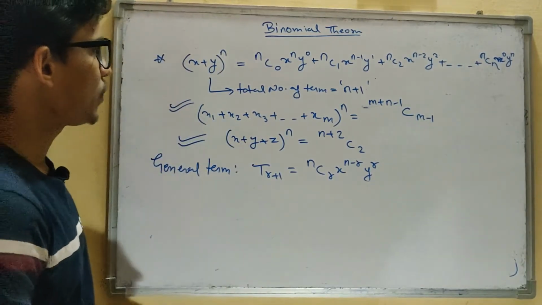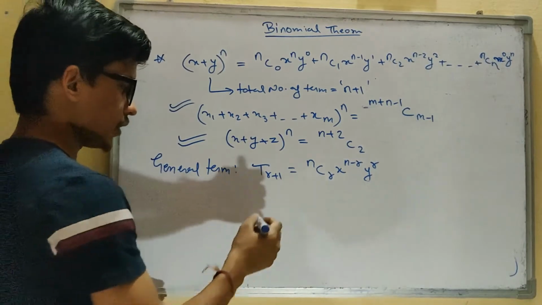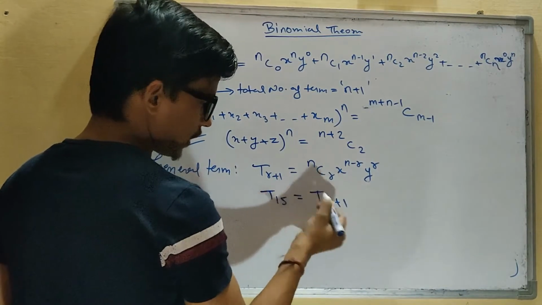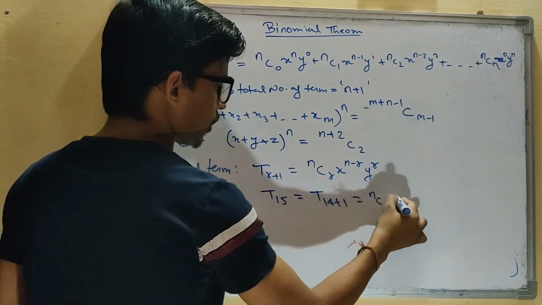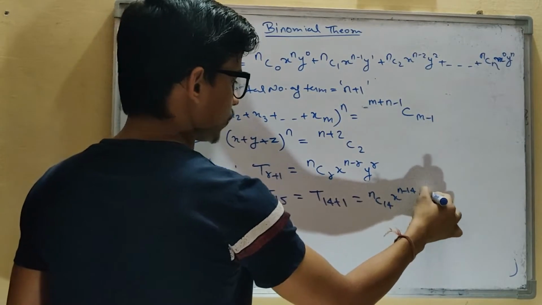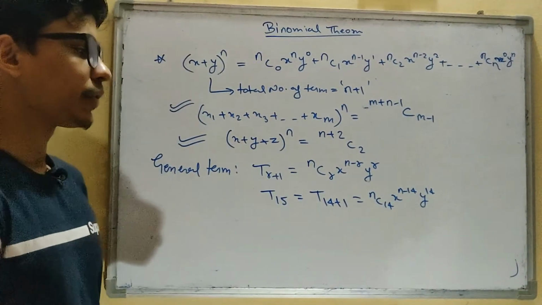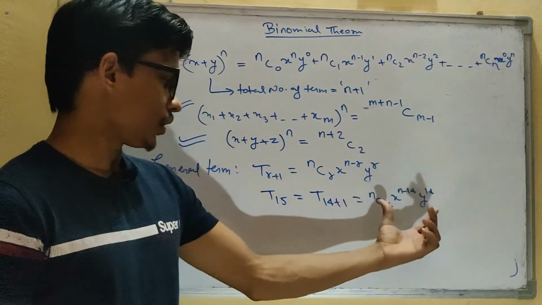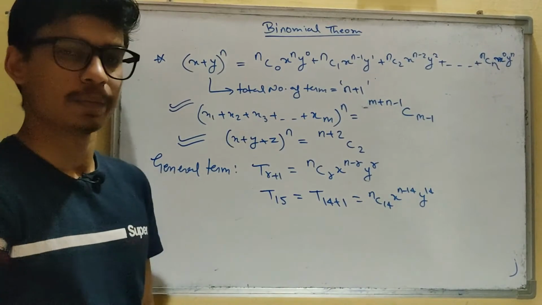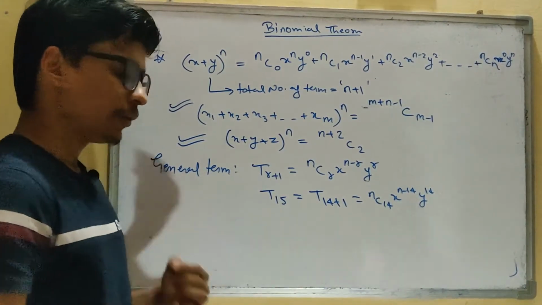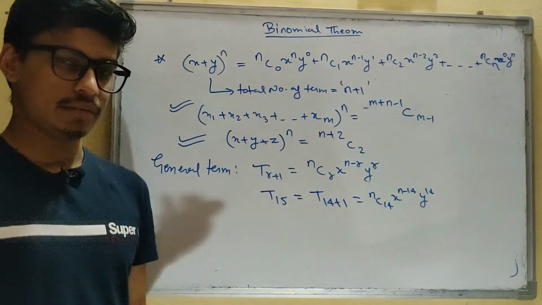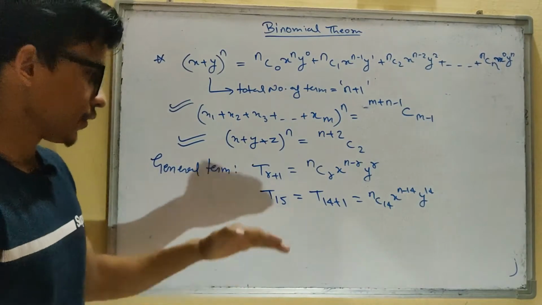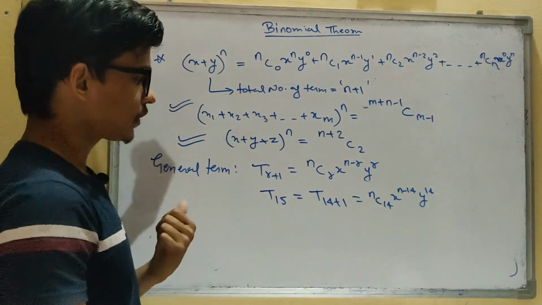For an extension of this, if you want, let's say the 15th term, T15. Okay, so T15 can be written as T(14+1). So always write it this way: nC14 x^(n-14) y^14. Okay, so this is how you can do this, and this will be your 15th term. So this is how you can find the general term in the expansion of something, and if they ask you to find the 15th term or 16th term, you can do this, and using the same thing, let's come to